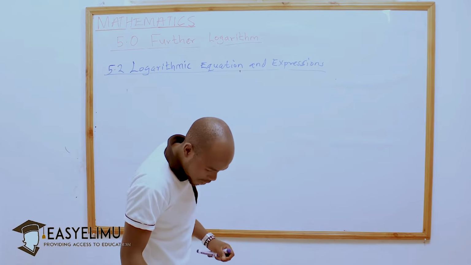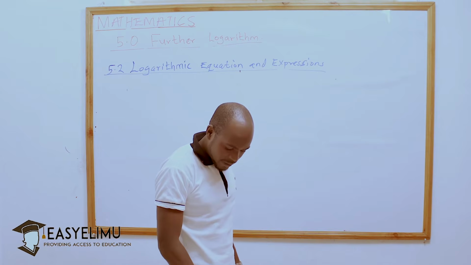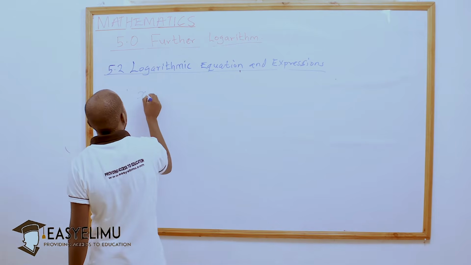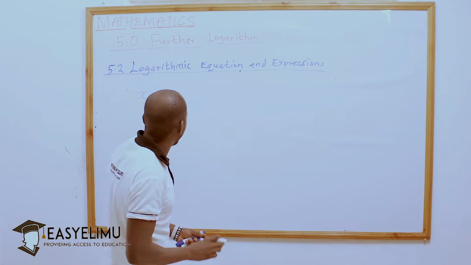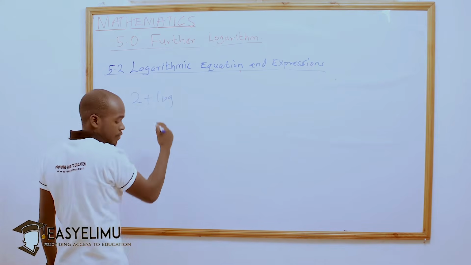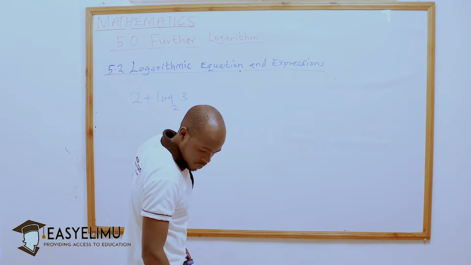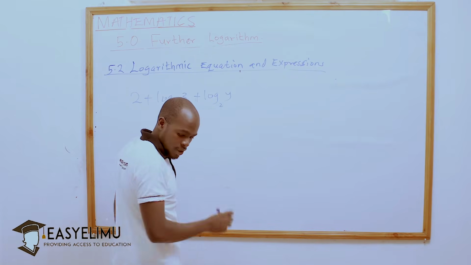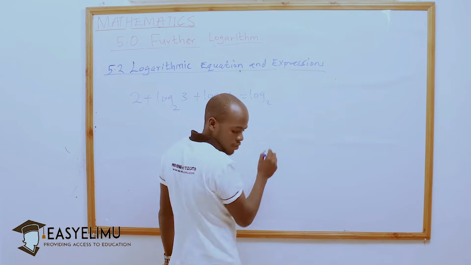Let's tackle another one. We may have: solve for x, if 2 actually is 2, plus log to the base of 2 of 3 plus log to the base of 2 of y is equal to log to the base of 2 of 5